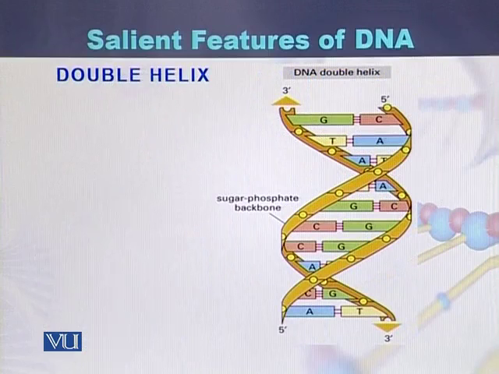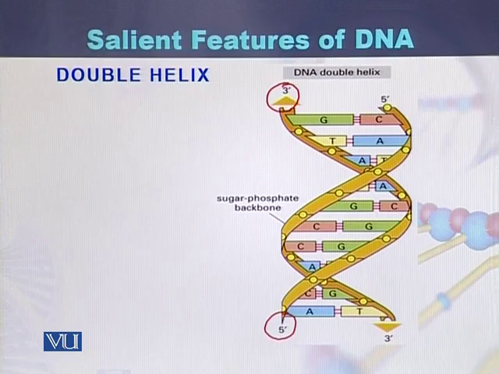This is the structure of the double helix of DNA, where we can see that there are two polymers of the nucleotides. On one of the polymers there is a 3' end, and at the end of this polymer there is a 5' end. The 3' end is due to the carbon number 3 of the pentose sugar, while the 5' end is due to the carbon number 5 which is empty of the pentose sugar.